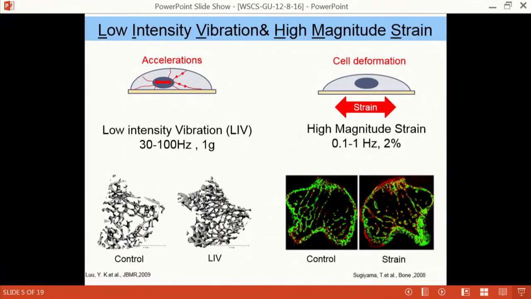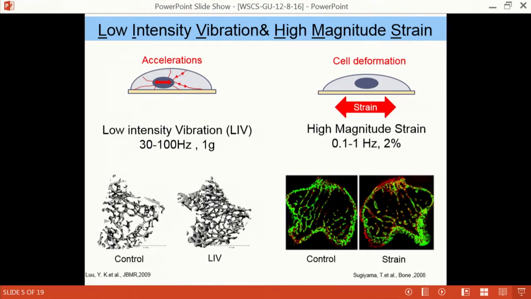So at the cellular level, to study this, we use analogs of exercise and give cells these mechanical challenges. One of them is the low intensity vibration, or I will call it LIV for the rest of the talk. These are signals that we apply anywhere between 30 hertz to 100 hertz and about 1 G magnitude. In preclinical, clinical, and cell level models, we have shown that the application of vibrations can increase the bone mass and decrease fat.